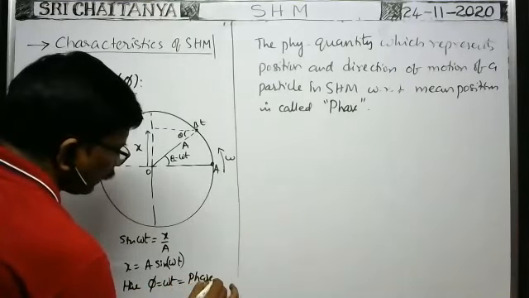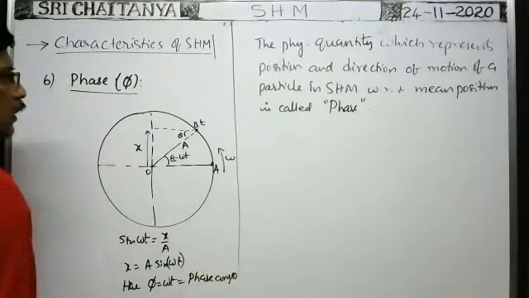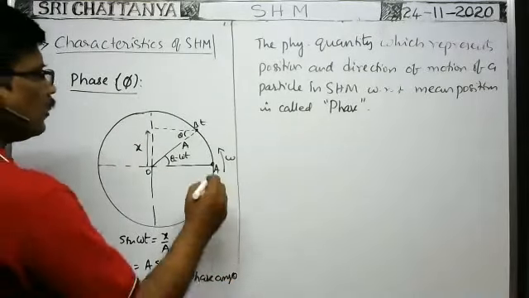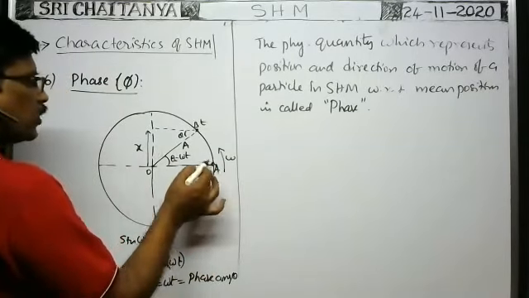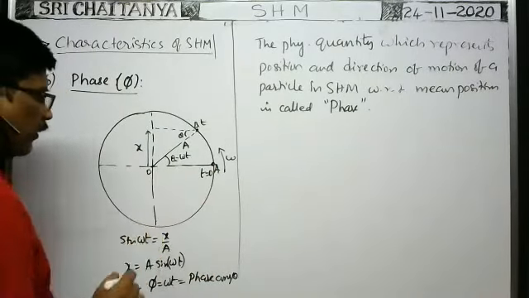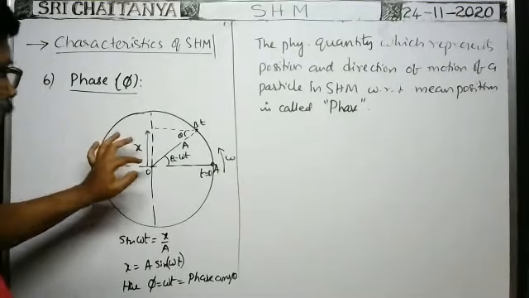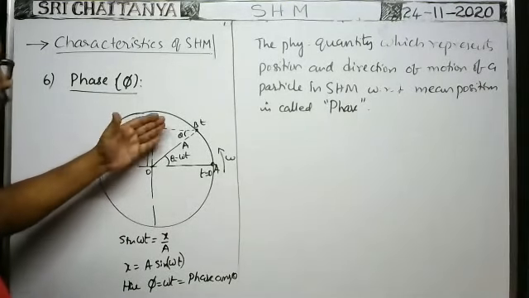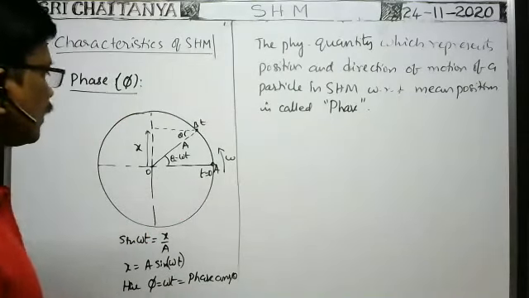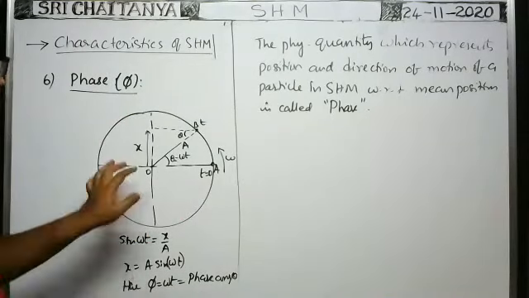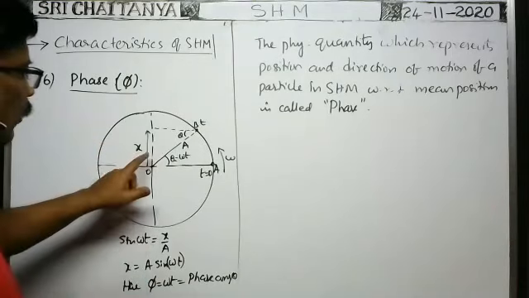Here, omega t is the phase angle. Here, at t equal to 0, as the particle is here, the projection of the particle lies at the mean position. That means whenever the motion of the particle is considered from the mean position, after t seconds, this equation gives the position. Suppose instead of considering the motion of the particle when it lies at the mean position, it has already covered some displacement.